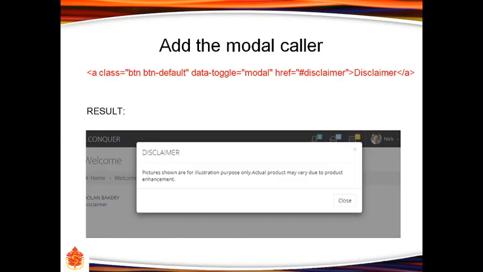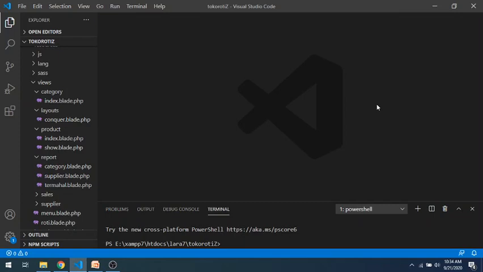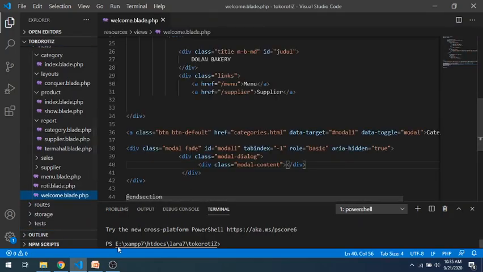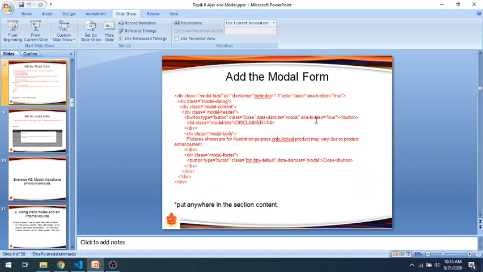Okay, we will do this. So open our project, then we open the welcome page. Okay, put the modal structure in here.